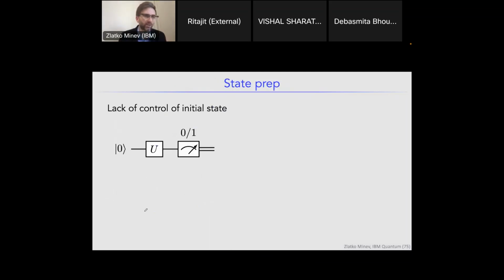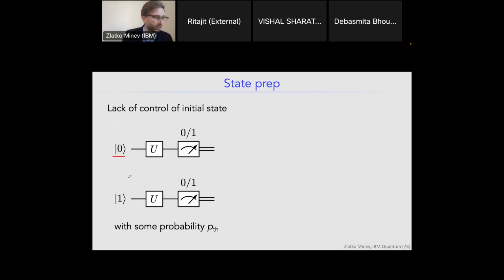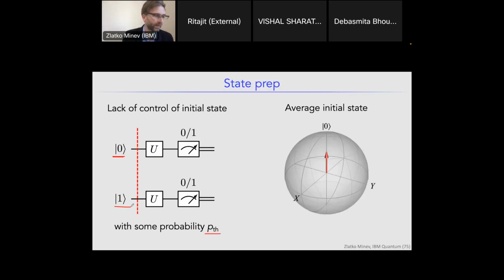The other similar effect you can have is state preparation. So what if you have a lack of control of the initial state? For instance, with some probability p thermal, instead of starting in the state 0, we actually started in the state 1, and we just didn't know. Well,